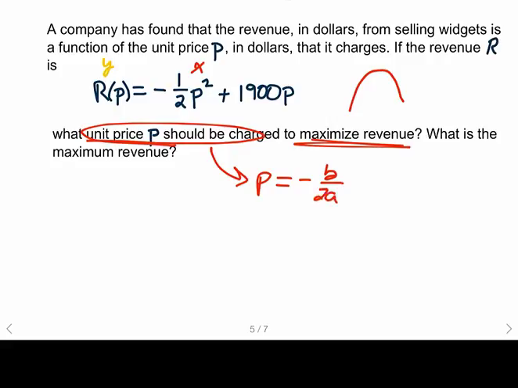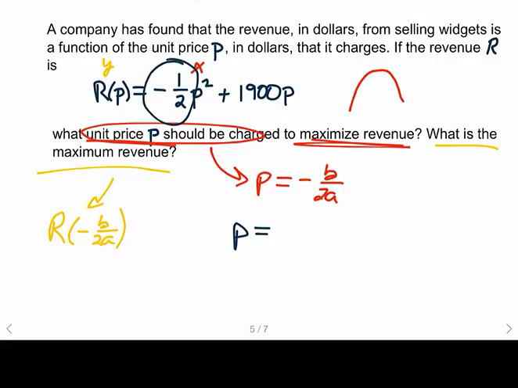As far as what is the maximum revenue, that's going to be R evaluated at negative b over 2a. In other words, we need the vertex of this parabola, and then we need to interpret the coordinates correctly. Since a is negative 1/2 and b is 1900,